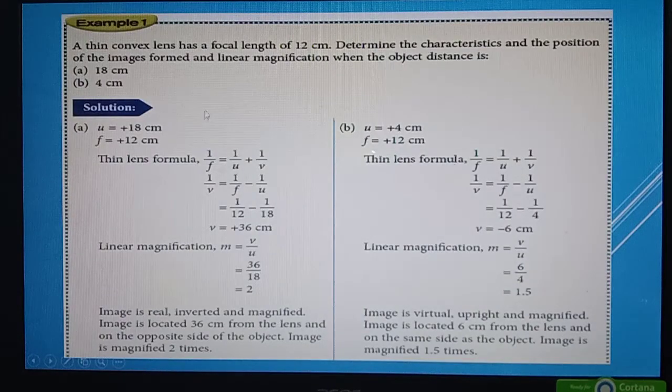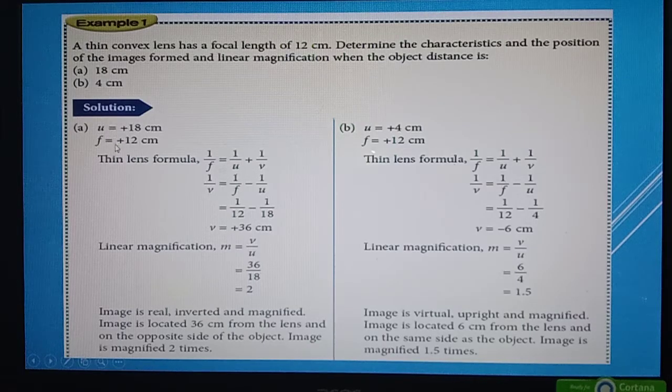Okay, now we look at some problem solving using the lens equation. You must be careful when you read through the question whether it is a convex lens or a concave lens. A thin convex lens has a focal length of 12 cm. Determine the characteristics and position of the images formed and the linear magnification when the object distance is 18 cm, 4 cm. Okay, part A,